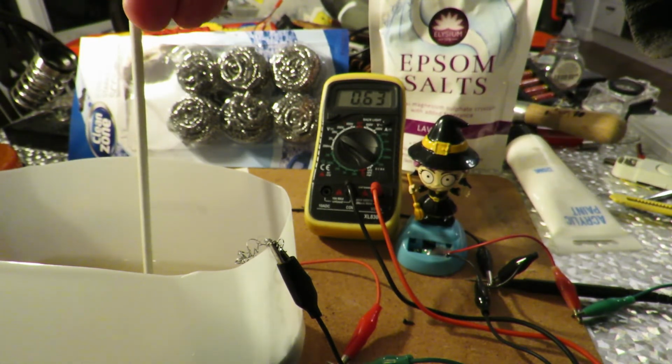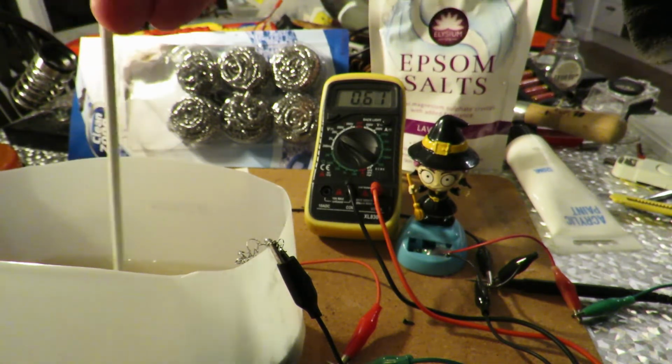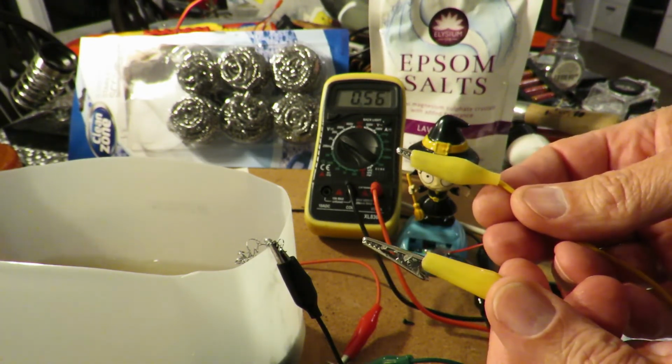and yeah, quite a bit of it's crystallized, but I don't think that's anything to do with the current flowing through it. I think it's just because I made a super saturated solution and it's crystallizing out. So yeah, it worked. What I will do now is just an extra bit of video about this lead, because